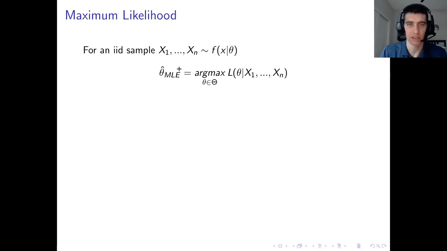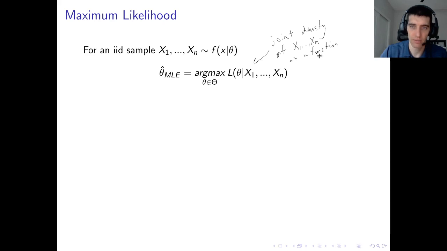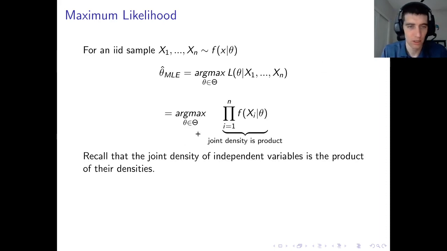MLE is the maximum likelihood estimate. It maximizes the likelihood function, which is what I treat as the joint density. I mentioned this on the previous slide, but just to drive the point home, this is the joint density of the sample x1 through xn, and this is as a function of theta. Okay, so because, well, we know,